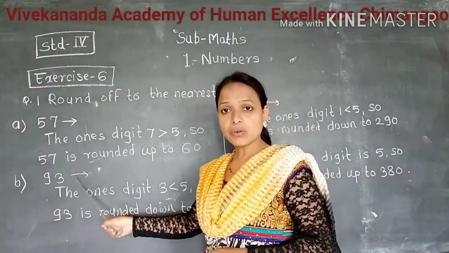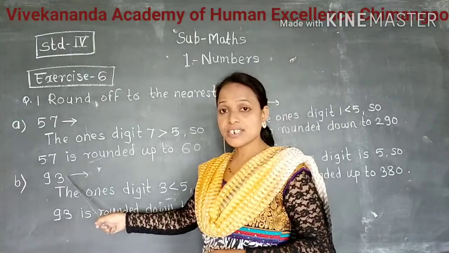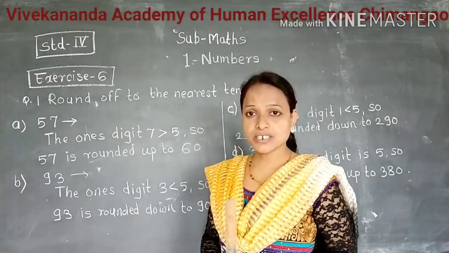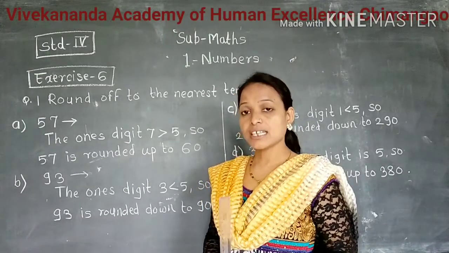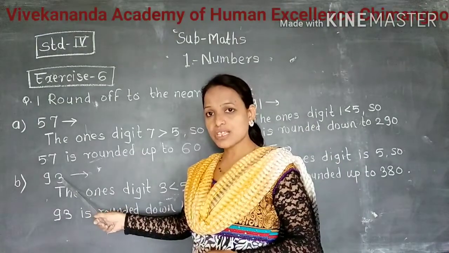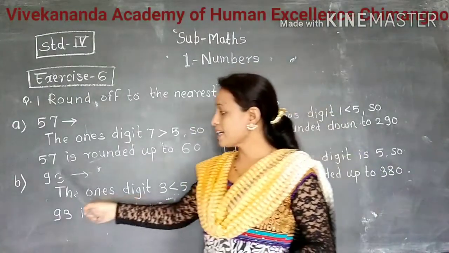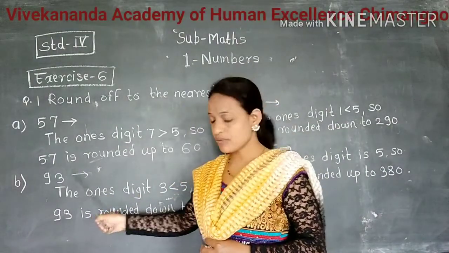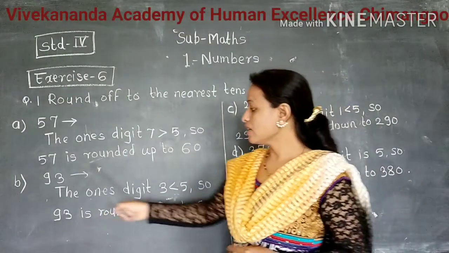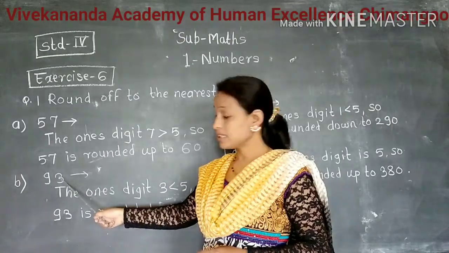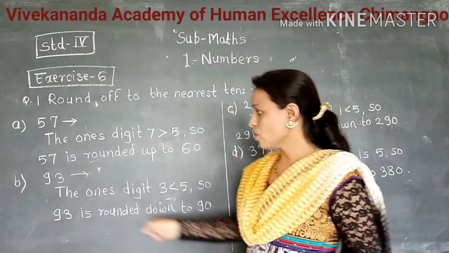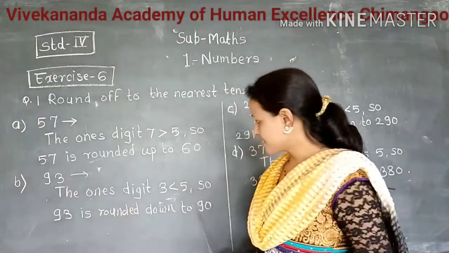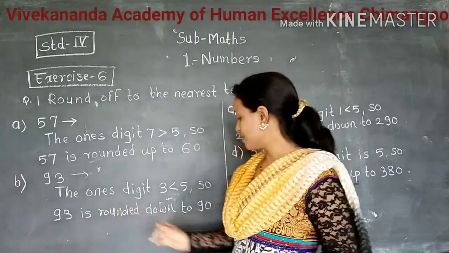Here also we have to see the ones place digit. The ones place digit is less than 5. So that also we have learned. If the ones place digit is less than 5, then the digit at ones place is replaced by 0 and the remaining digit remains the same. So here the ones place digit is 3, which is less than 5. So 3 is replaced by 0 and the remaining